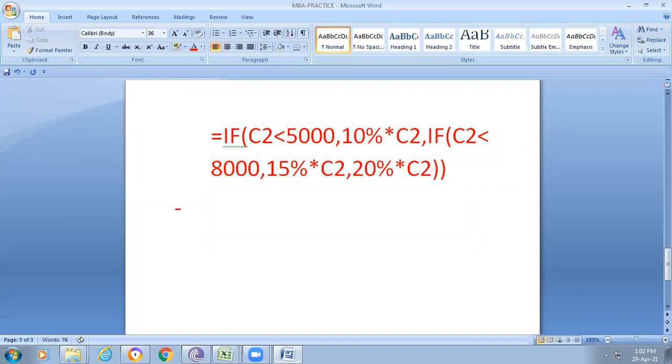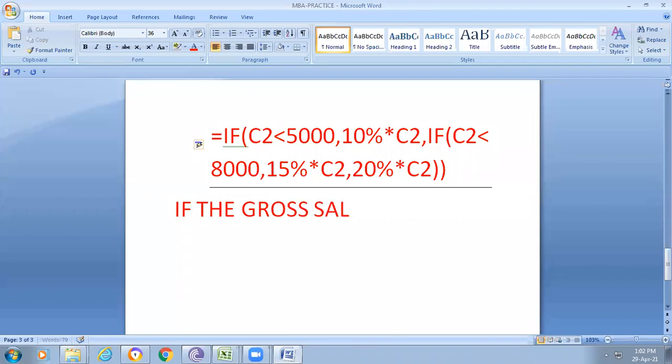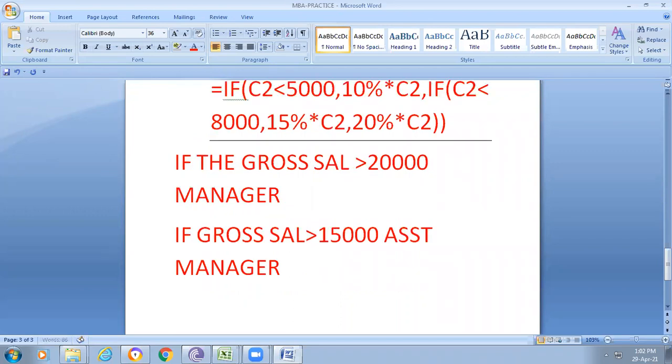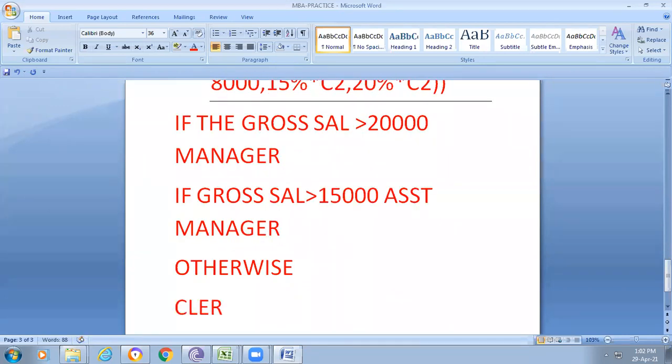For example, here my condition to give the designation is: if the gross salary is greater than 20,000, then I assign the grade manager. If the gross salary is greater than 15,000, then assistant manager. Otherwise clerk. For example, this is my condition.